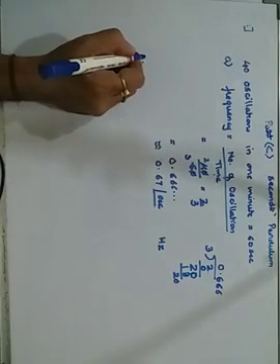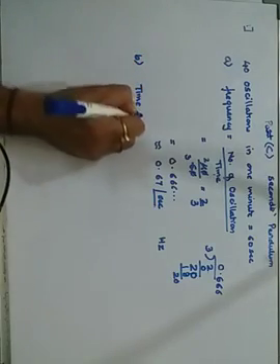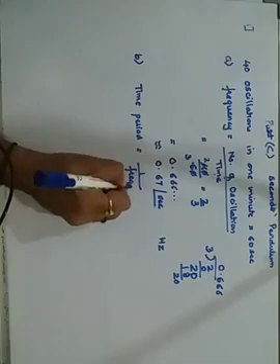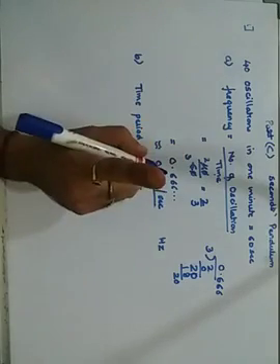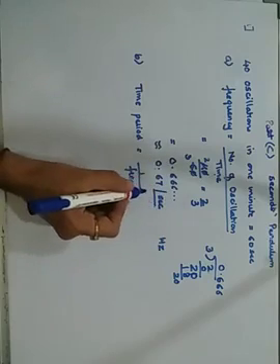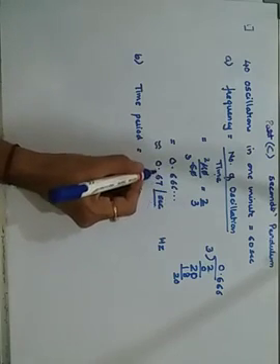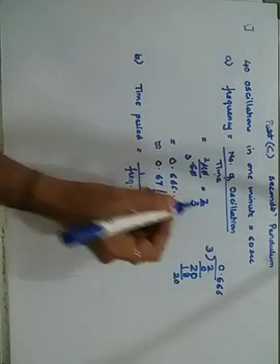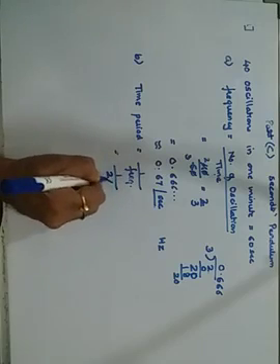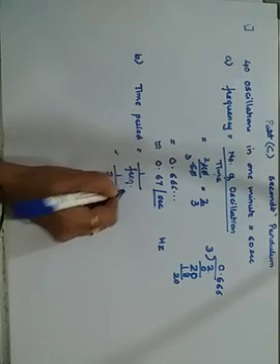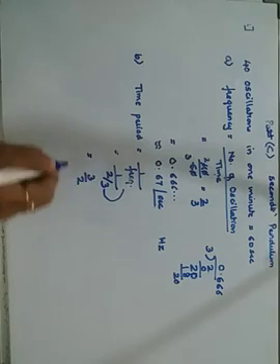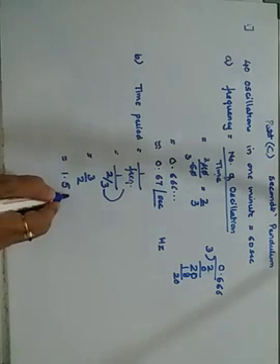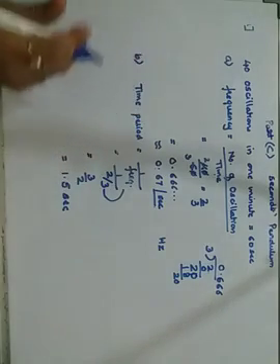And in the same problem we require the time period. The time period is 1 upon the frequency. Frequency we just got is 0.67, but listen carefully. Instead of shifting the decimal and making the problem complicated, where did we get 0.67 from? By dividing 2 upon 3. So why don't I put 1 upon 2 upon 3? When I take the reciprocal, it becomes 3 upon 2, which is easier to divide. 3 divided by 2 is 1.5. Therefore the time period is 1.5 seconds. Getting it? Simple one.